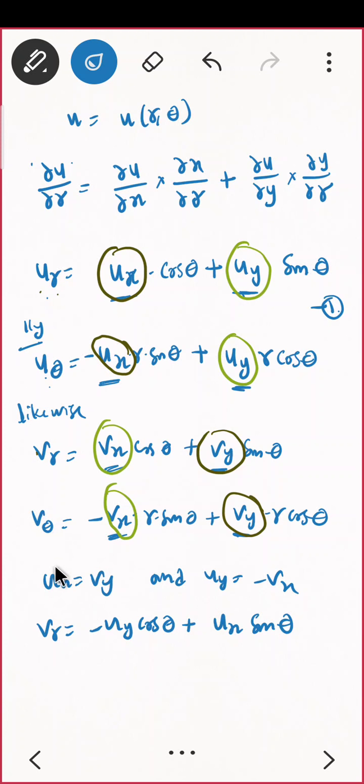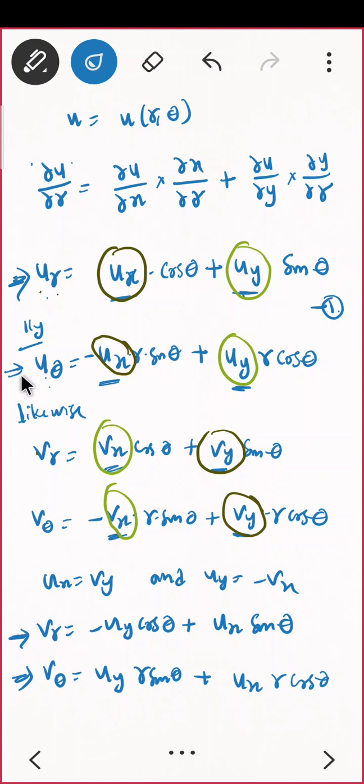And the same happens with V theta. V theta will be, what will come here? Vx will be replaced with, this is minus Vx, so this will be replaced with Uy. Uy r sin theta plus this will be Ux r cos theta. Try to compare this guy and here this guy. Try to see, is there any relation? Observe, Ux cos theta is here. Does anyone else have Ux cos theta? Do you see Ux cos theta here, so I can relate V theta to Ur.